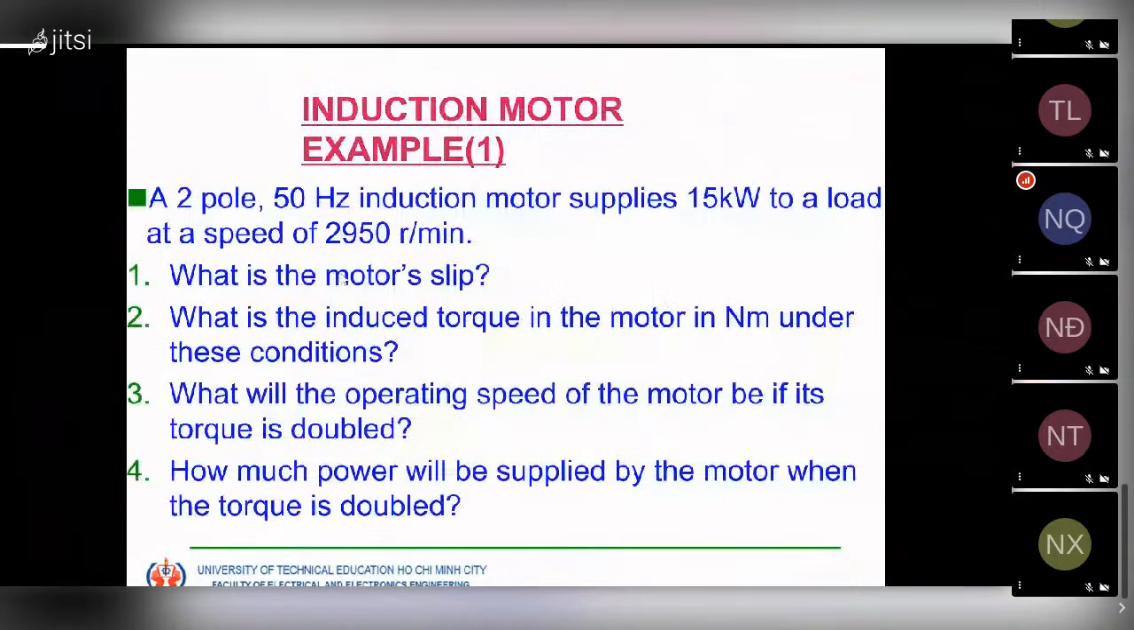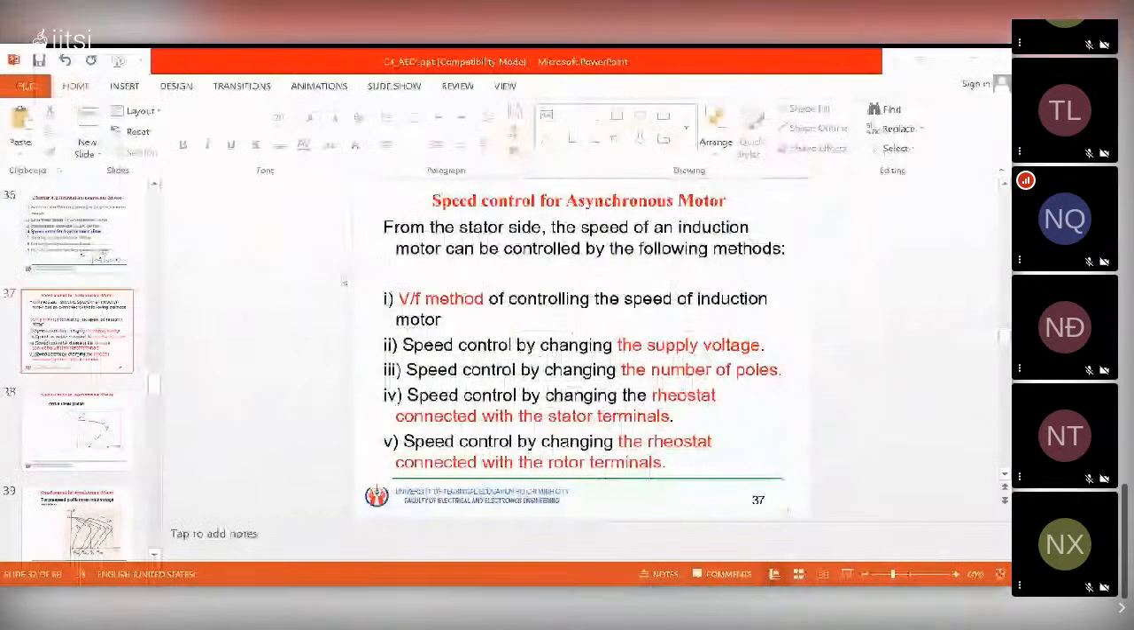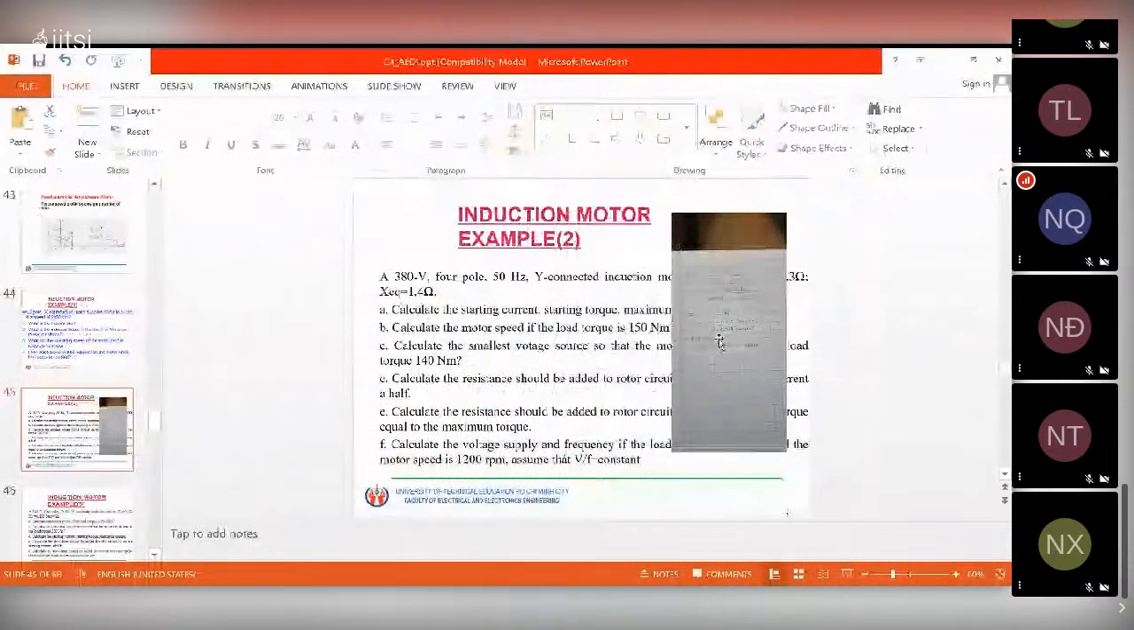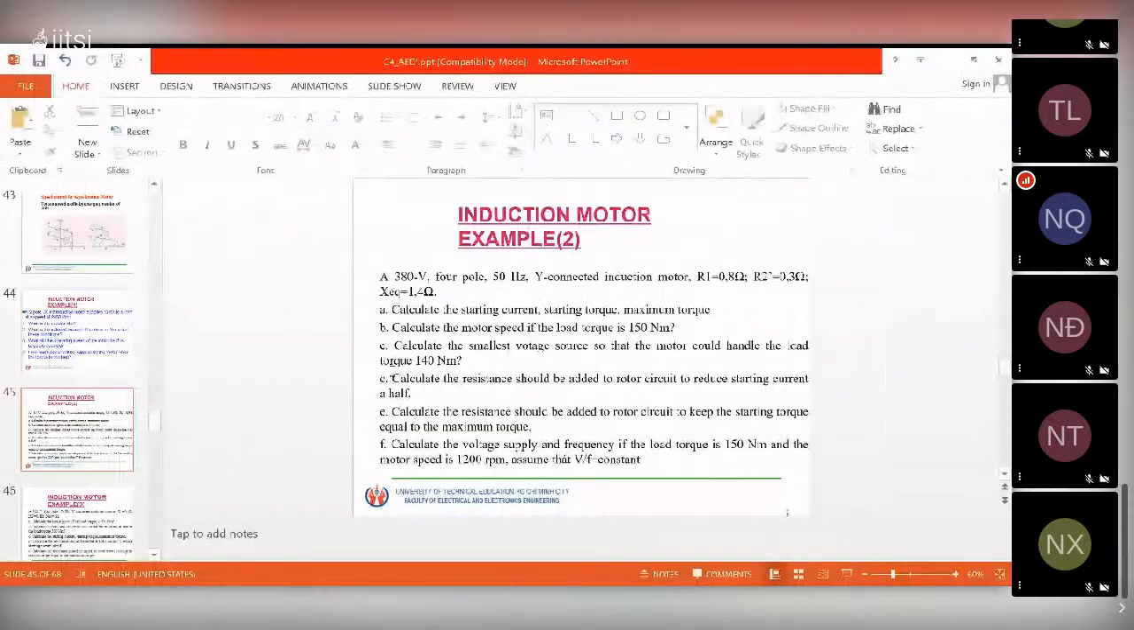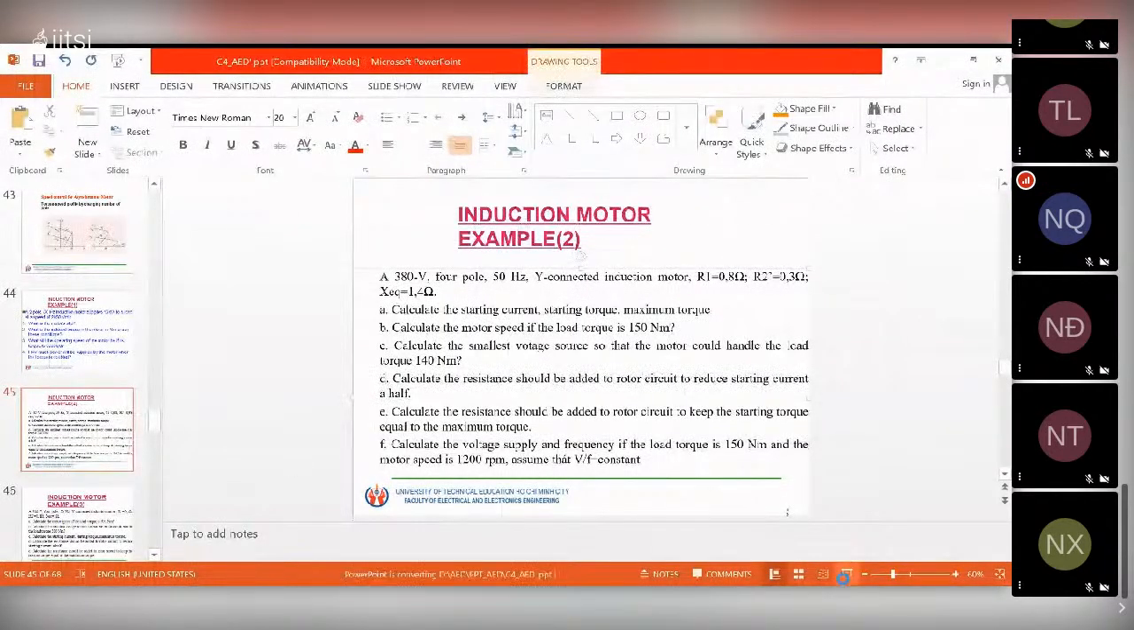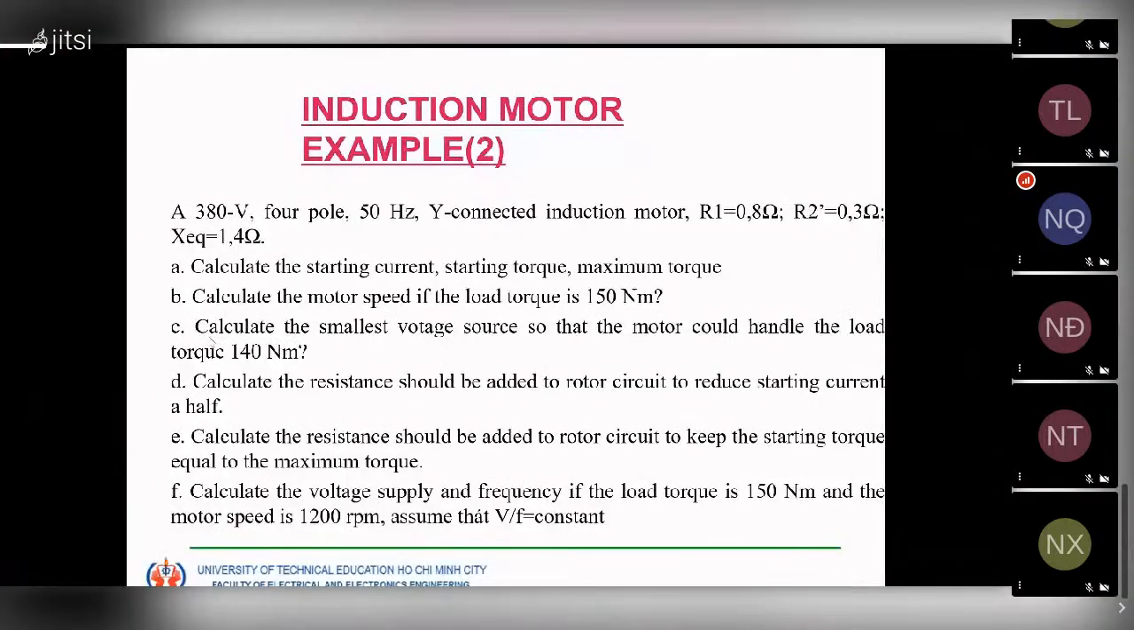We have an exercise here. Help me to finish the remaining ones: number C, D, E, and F. In number C, they ask you to calculate the smallest voltage supply so that the motor could handle the load torque